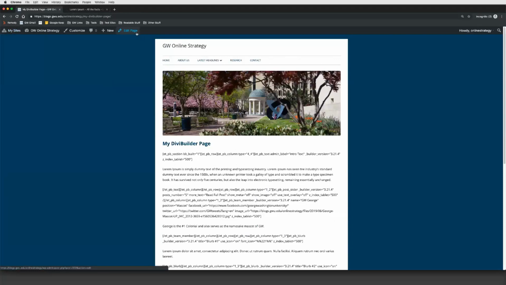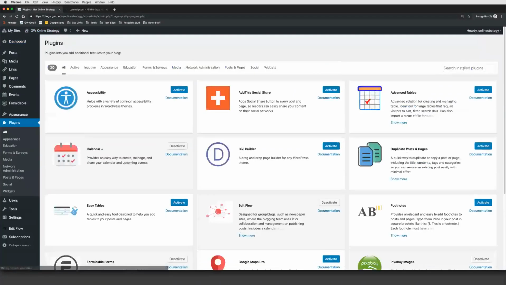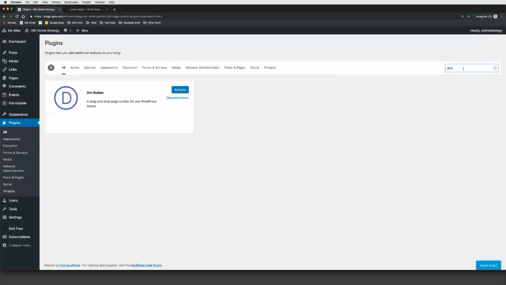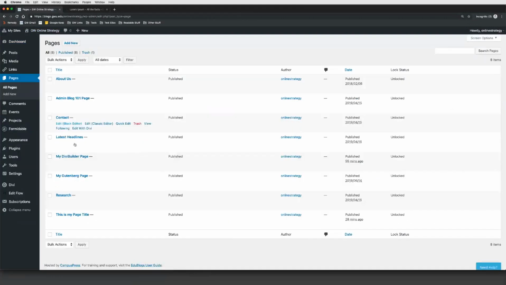So I'm going to go back into my dashboard. I'm going to go to plugins, and I'm going to search for the Divi Builder plugin. We're going to go ahead and activate that. And then now if I go back to my Divi Builder page,